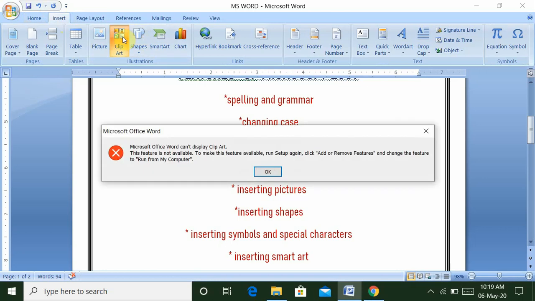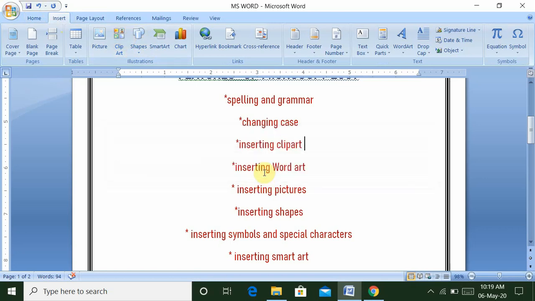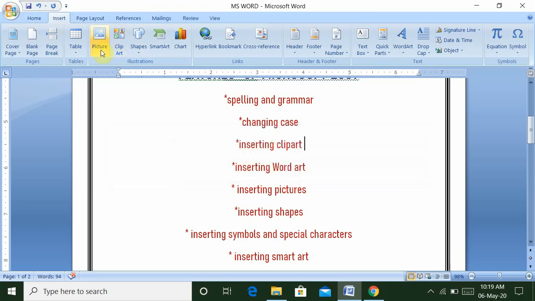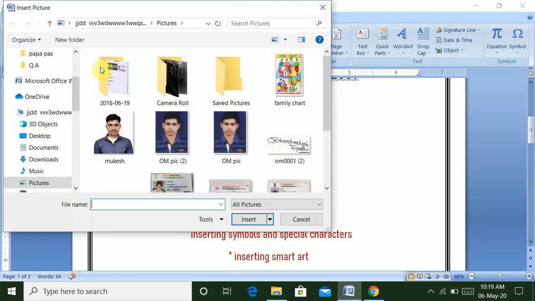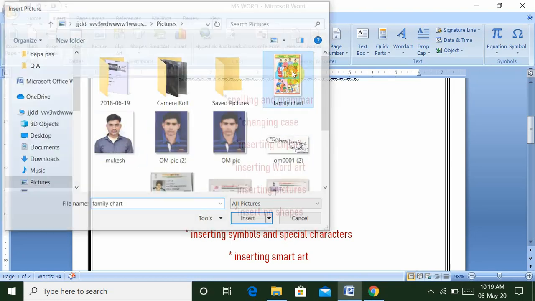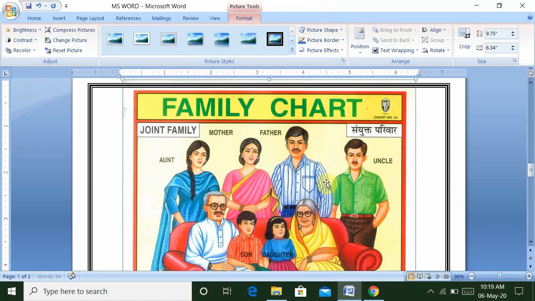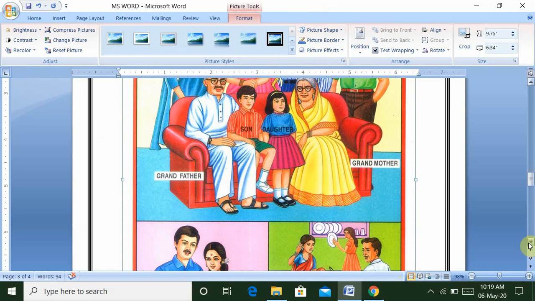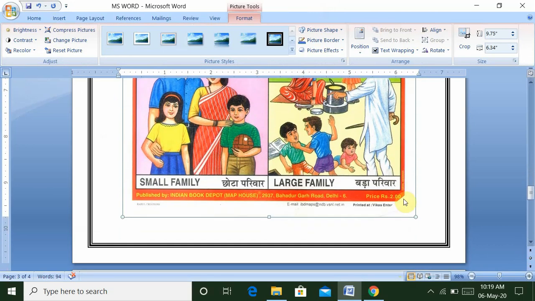As you look, this error message has come because Microsoft Word cannot display clip art. If you want to insert pictures, then click on this area and select the pictures. Any type of pictures in your computer, select it. This is your family picture, then select it and minimize it.